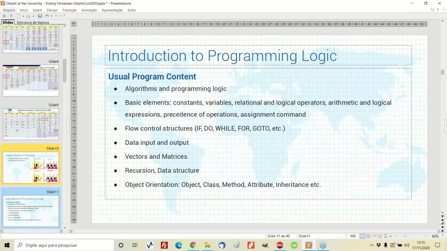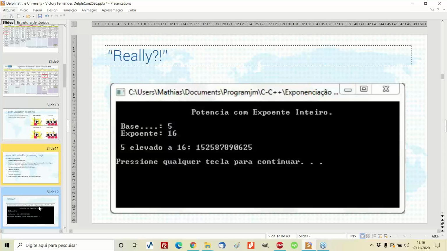But this also depends on the kind of course we are dealing with. If we are talking about computational engineering, of course, they have a higher load for programming, but maybe in automotive engineering that's not the focus, and you will not have this second opportunity to go through object orientation. So sometimes you have to squeeze everything together and go all the way through. And we must admit that going from zero to programming something and actually understanding object orientation is a lot for a short period of time.